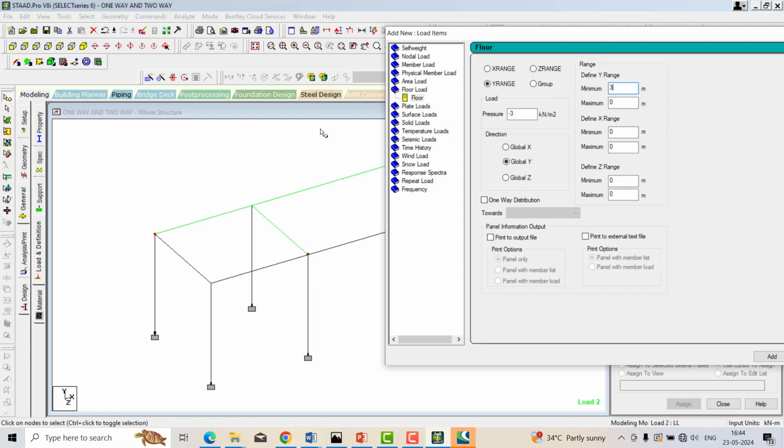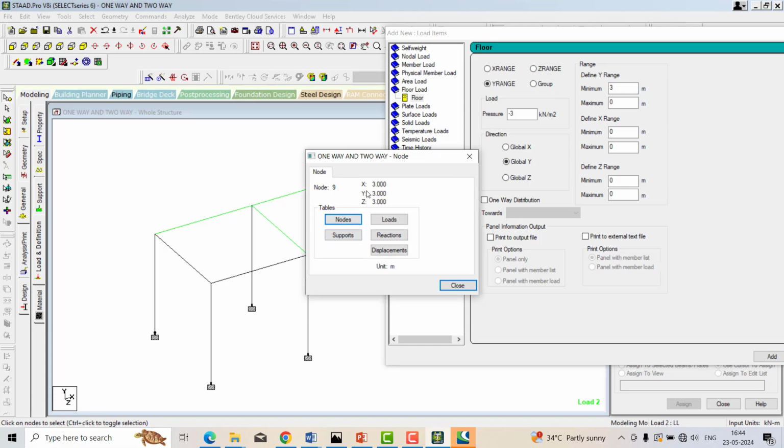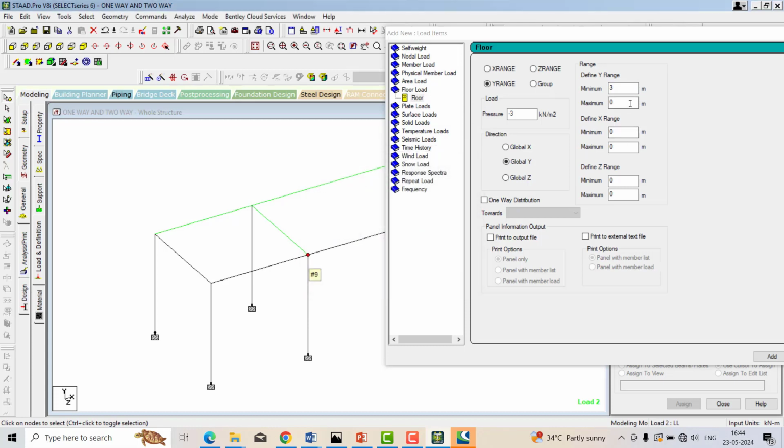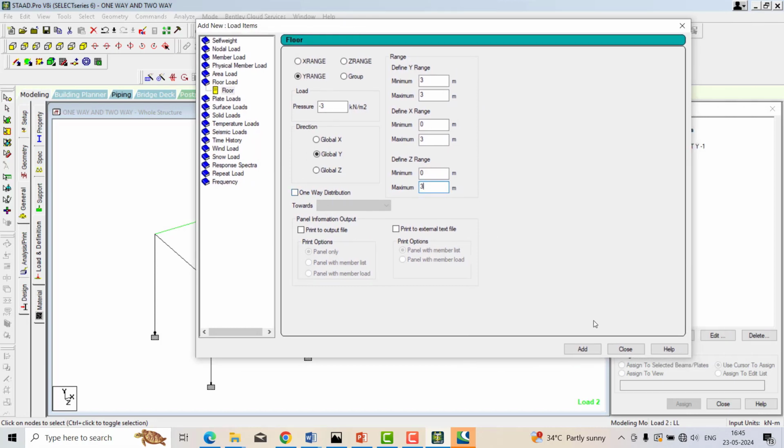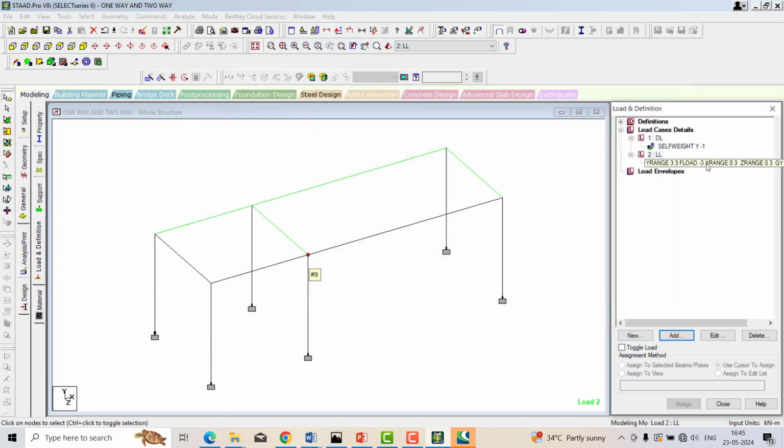If you have a high story, then that will be your maximum point. I don't have any other stories, so this will be your maximum story. Double click, 3, 3, 3. Put the maximum value in all the axes, that is 3, 3 like this. Now no need to click on this and just add and close. So once you confirm, as I already explained, this is how the load is distributed. Each beam is carrying its own load individually.